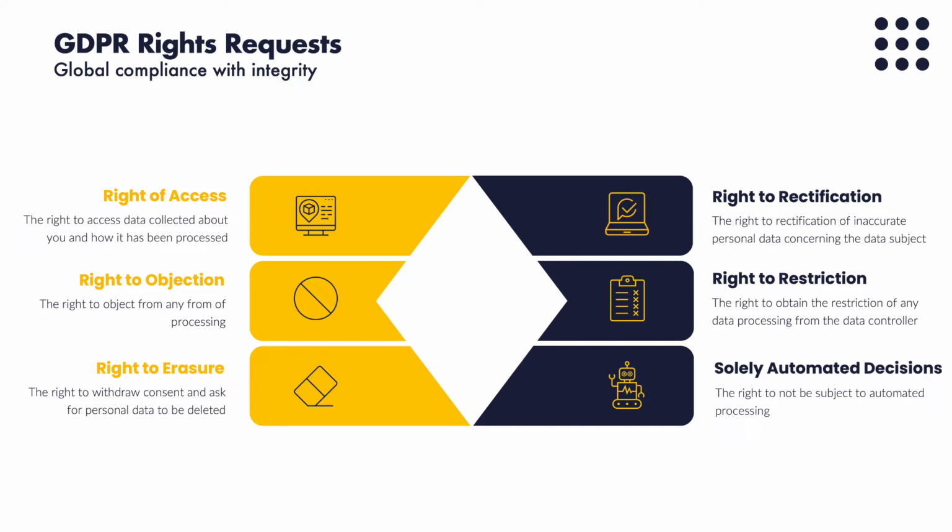The 5th right which I'm going to highlight is the right to restriction of processing. This means that the subject is entitled to ask an organisation to restrict or pause the processing of their personal data. If this right is exercised, the organisation may continue to store their personal data, but it should not process it for any reason unless you're able to regain the consent of the individual.